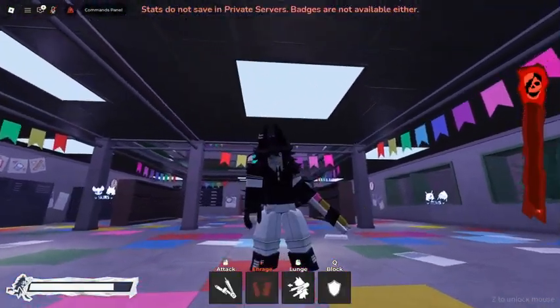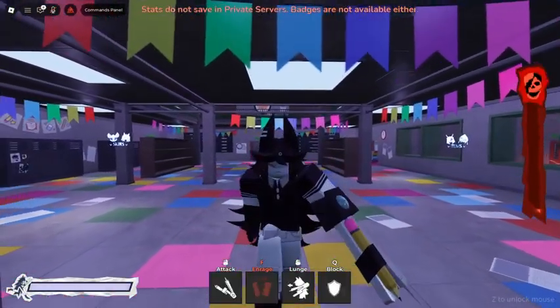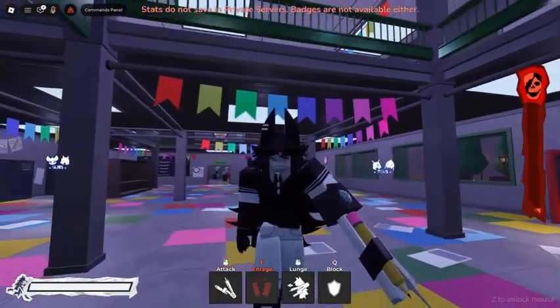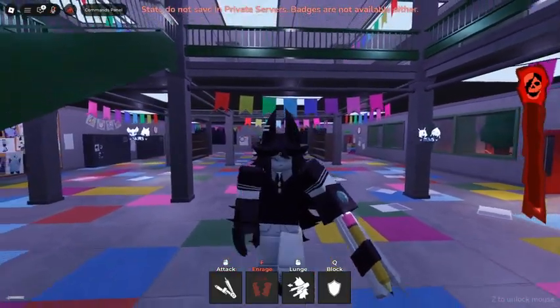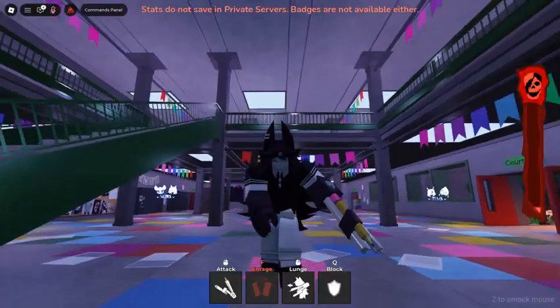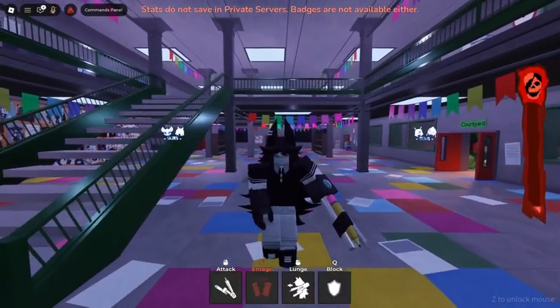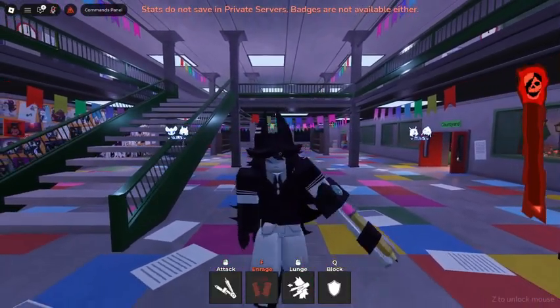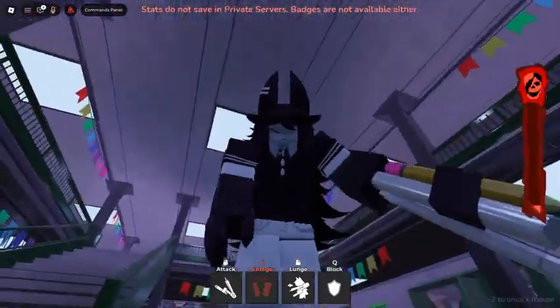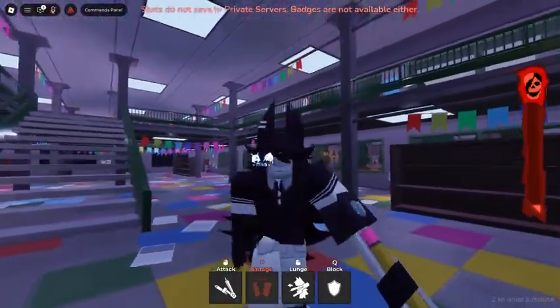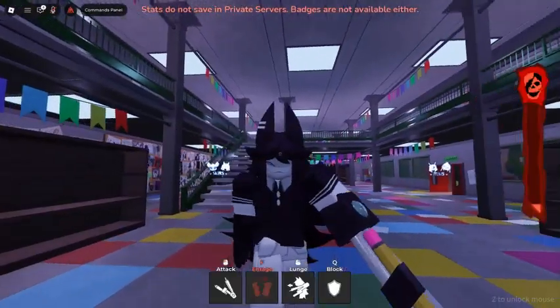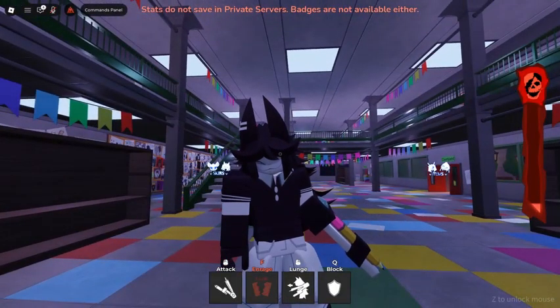Now you don't get to select who you are. You don't actually get to choose what character you are. It basically chooses a teacher for you. So unless you're Alice, then obviously it's going to choose Alice if you have Alice on, or if it's your round with Alice. So yeah, only if you're Alice. But anyway, let's move on to the next teacher.